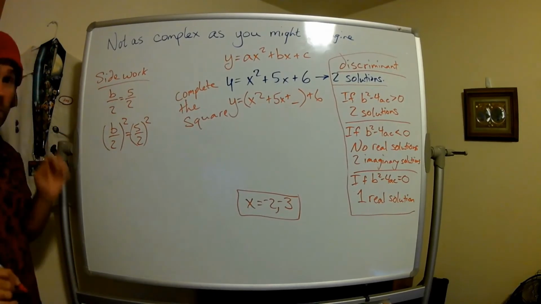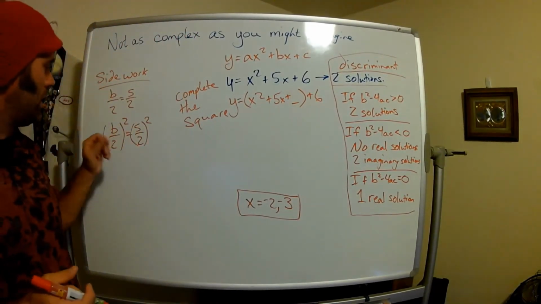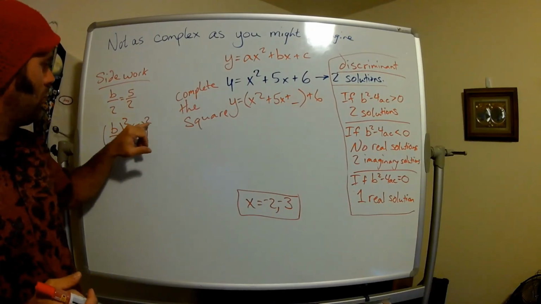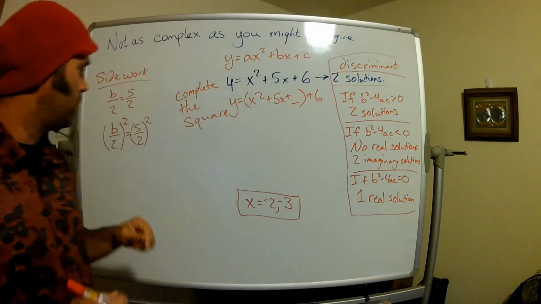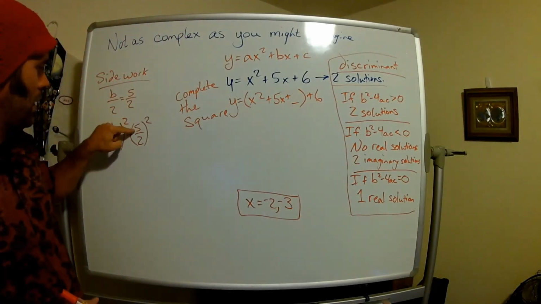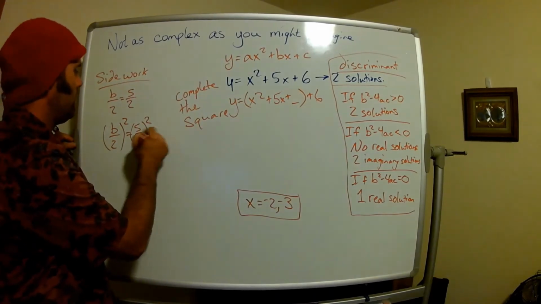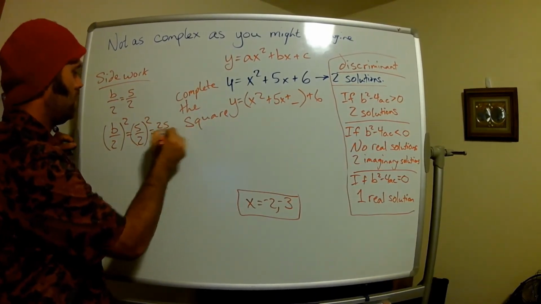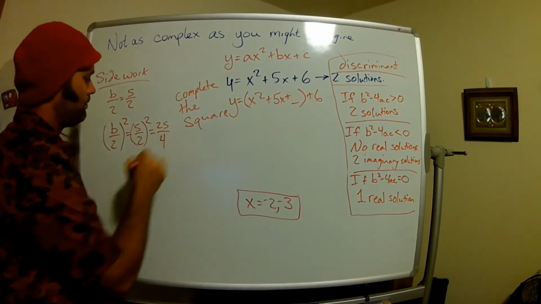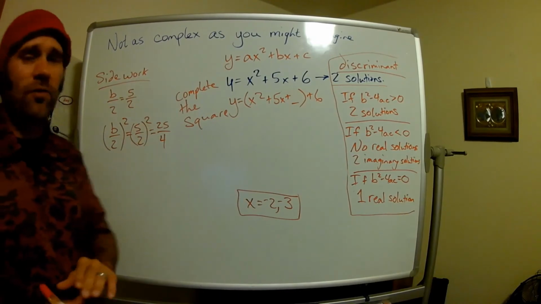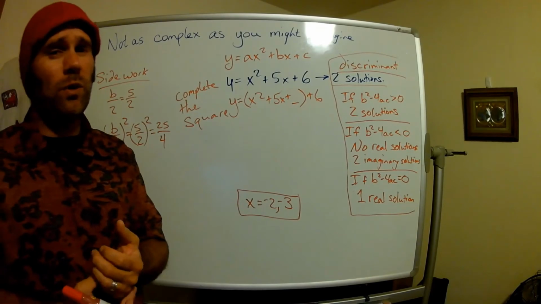5 halves squared. Well, if you don't recall, I'll just help you out here. We need to square both the numerator and denominator. This is a distribution issue. We're distributing the square to the 5 and to the 2. So what is 5 squared? 25. And how about 2 squared? That's 4. So 25 fourths,